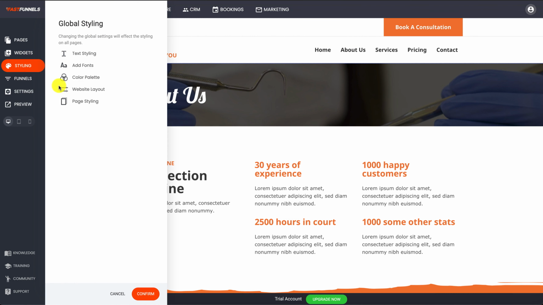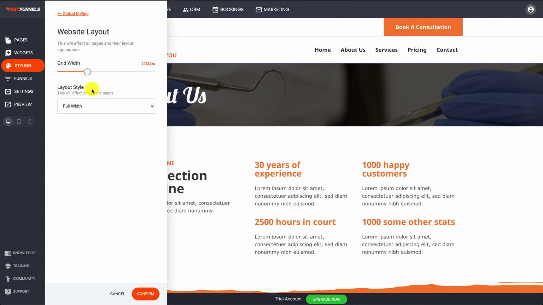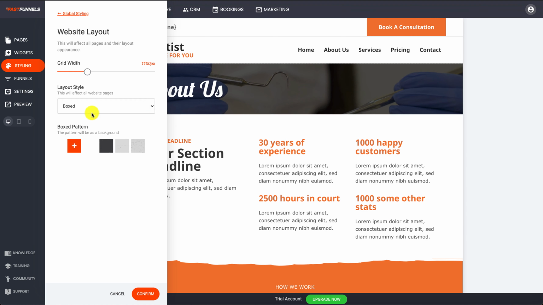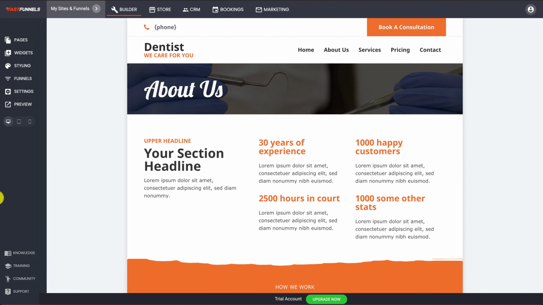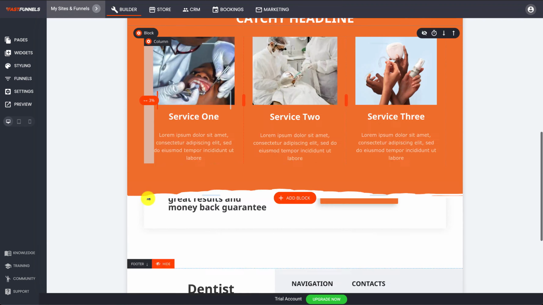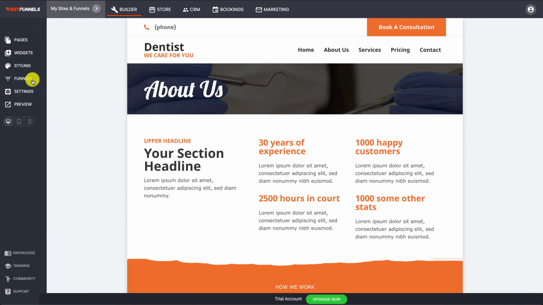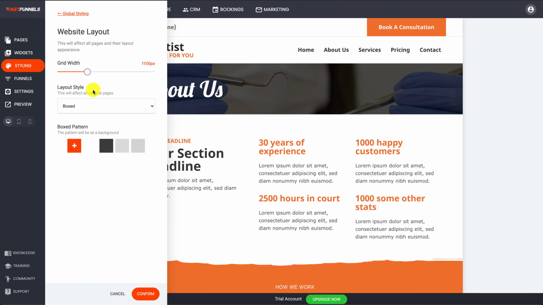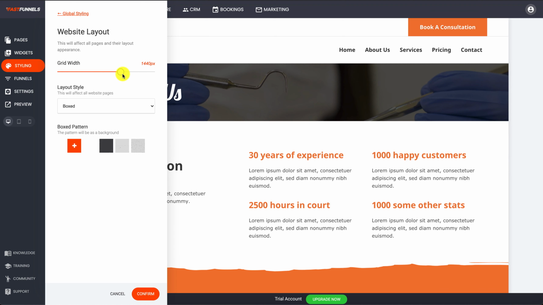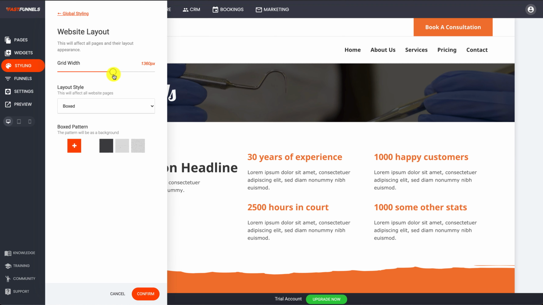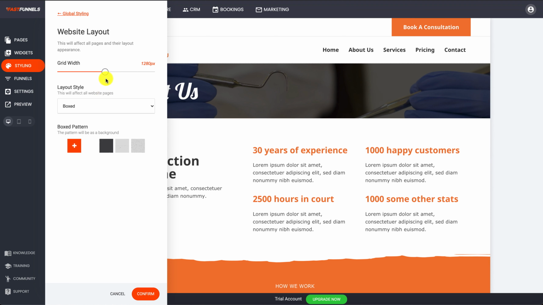So going back to styling just here, you'll see there's also the website layout, which enables you to choose, do you want a full layout or do you want to have it boxed? Can you see how just now it's moved the whole site in to this standard design down the middle, which is very, very popular. Just here, you can choose boxed or full width. You can even adjust the actual width there if you want to use a little bit more of the site, but you still want to have the left and right empty there on the site, you can do